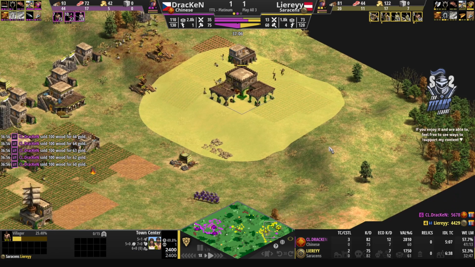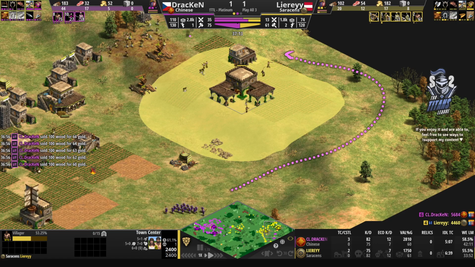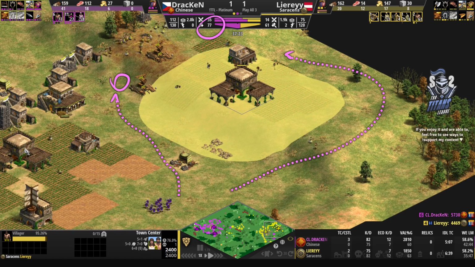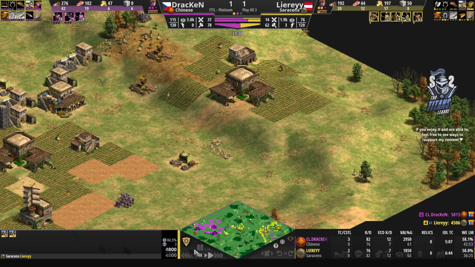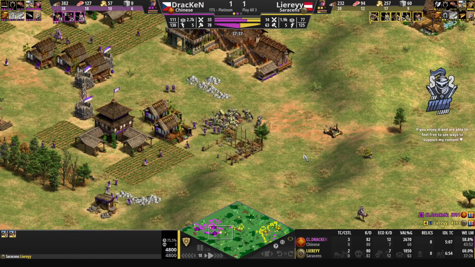So if the purple player was to just go around here, he should be able to still get the archers around here, potentially even in between the TCs. Should be able to place the archers over there. Let's take a look. Yeah, you can go actually. Oh, nice magma shot